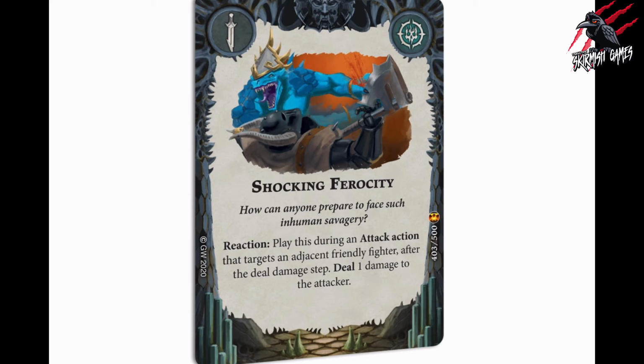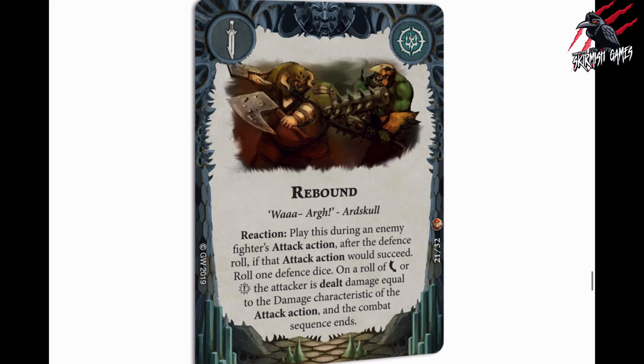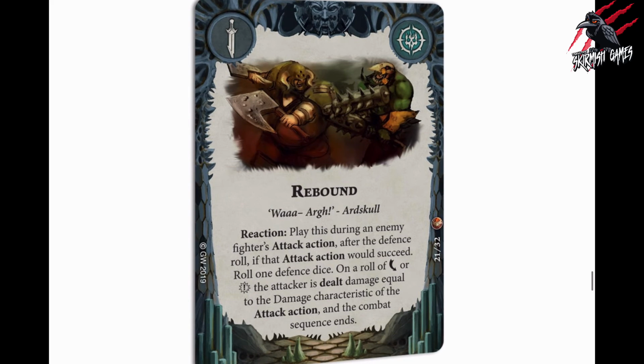And if you want to double down on that strategy, then we go on to the final card, which is going to give us another option, and this final card is called Rebound. Now with this, it's another reaction, and we play this during an enemy fighter's attack action, and after the defense roll, if that attack action would succeed, we roll 1 defense dice on a roll of dodge or critical success. The attacker is dealt damage equal to the damage characteristic of the attack action, and the